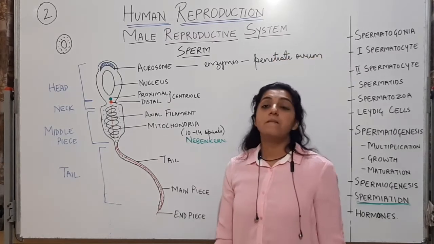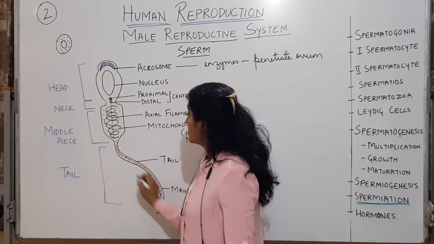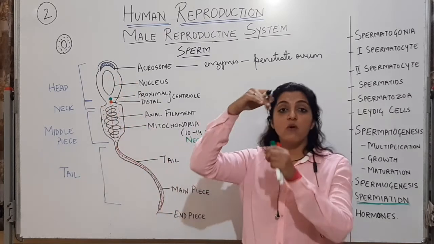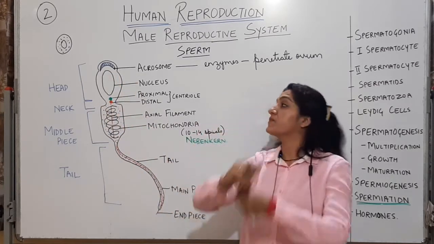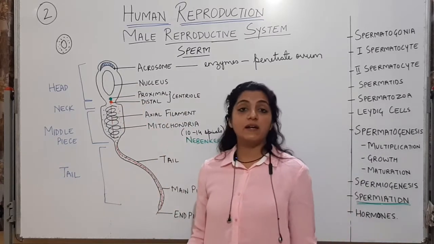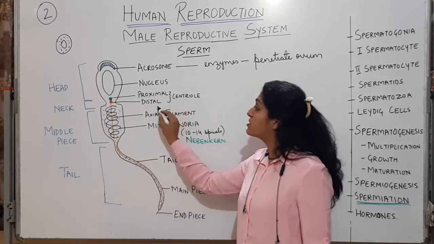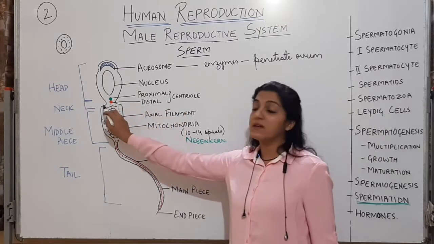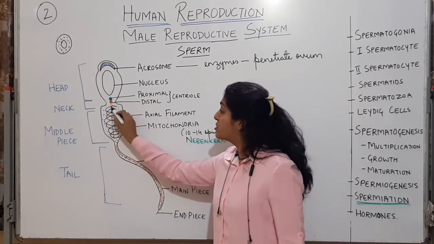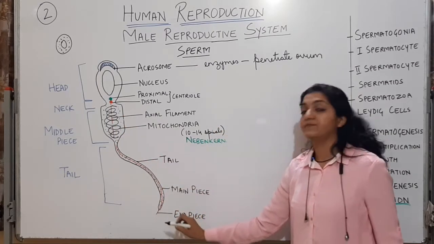Okay, बेसिकली जो सेल का प्लाज्मा मेम्ब्रेन रहता है, ये प्लाज्मा मेम्ब्रेन रहेगा पूरे स्पर्म में. And inside now in the head you will have the acrosome on the top cap portion पे. Then you will have the nucleus. Nucleus will have the genetic material. Then in the neck piece you will have the proximal and distal centrioles arranged in the neck piece. From the distal centriole एक axial filament निकलेगा which will pass through the middle piece and to the tail.